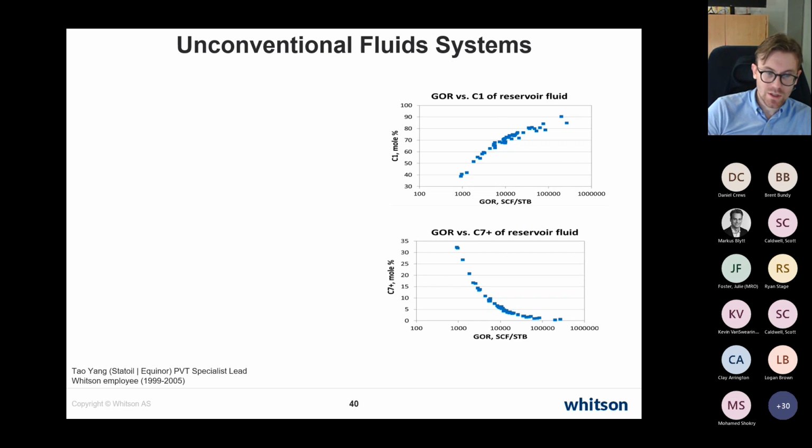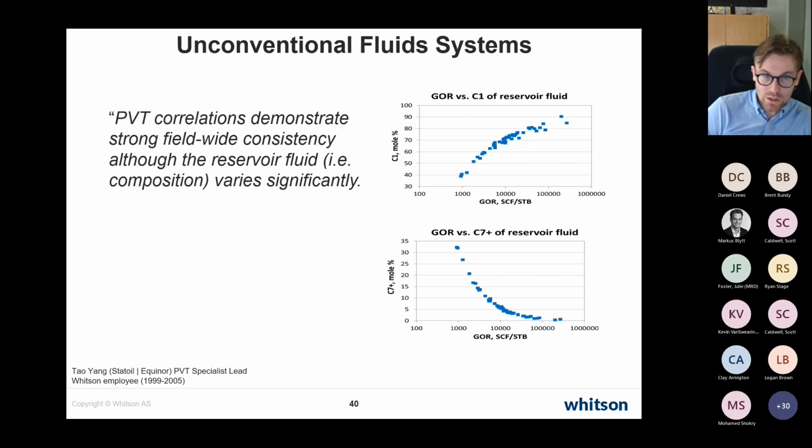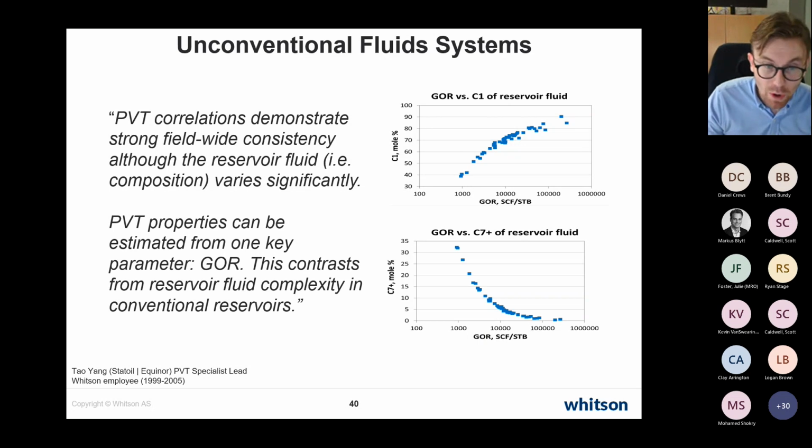This is just a little snippet from that paper saying that PVT correlations demonstrate strong field-wide consistency, although the reservoir fluid composition varies significantly. Okay, so reservoir fluid composition, that's GOR. PVT properties can be estimated from one key parameter, this is GOR, and this contrasts from reservoir fluid complexity in